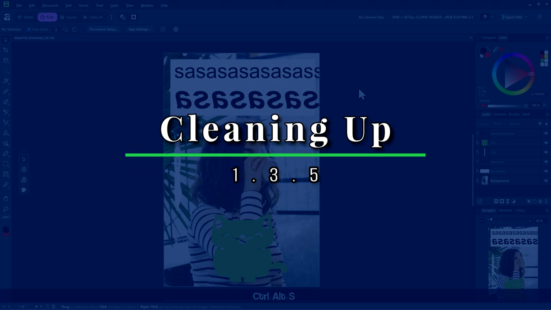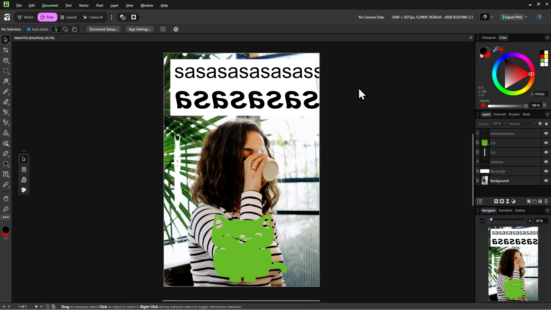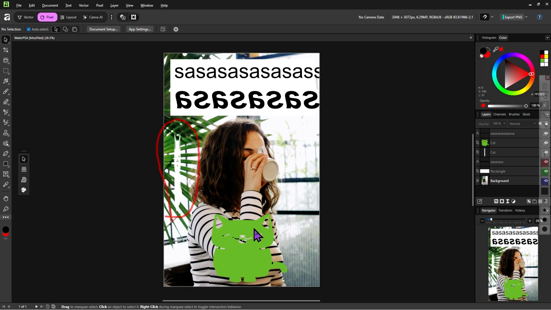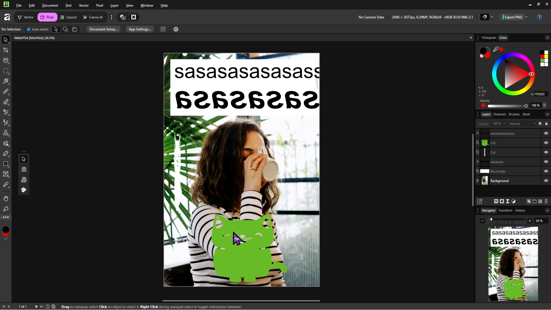So, now that I want to make this into a proper reminder, a PSA to drink some water, we need to start cleaning it up. There are some objects in here that don't really help the message of drinking water, so we will get rid of them. For example, these two cats here. We made them to play around with the cat tool in the last few videos, but we don't really need them anymore because they don't really help the message of drinking water.